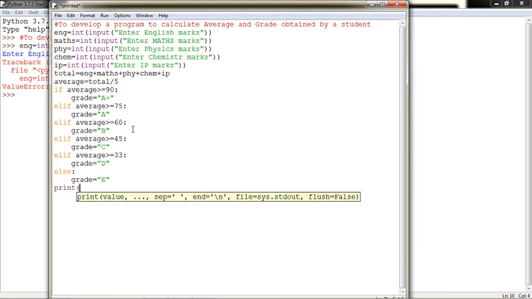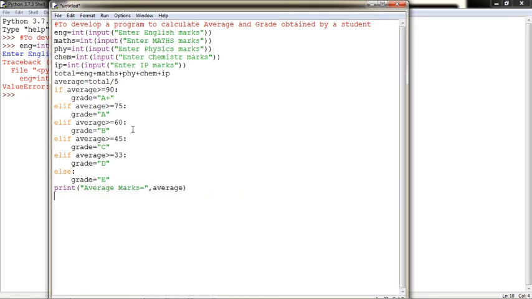Print, then some message. Suppose I am writing average marks equal to comma, then variable average bracket close.